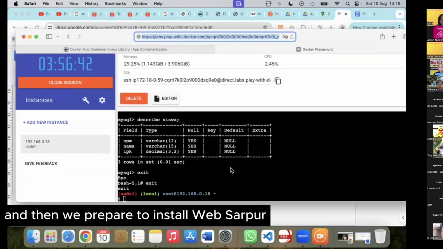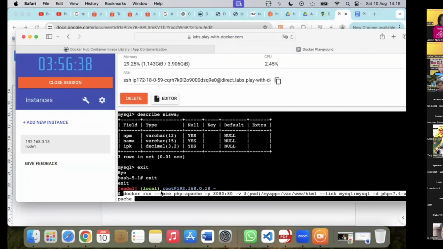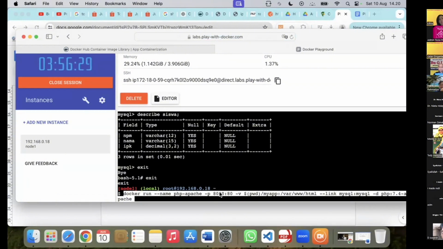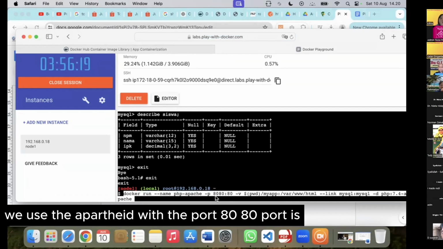And then we prepare to install the web server. The web server is for creating the API, GET API. We use Apache with port 8080.